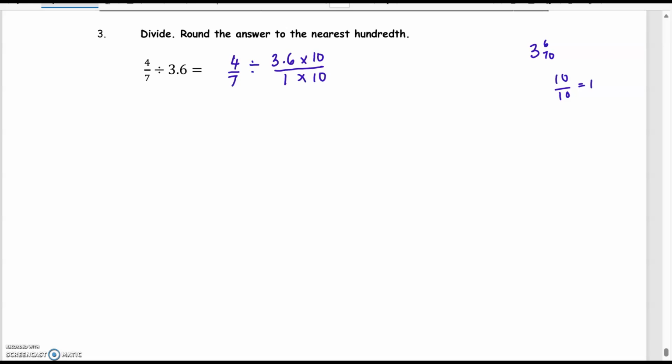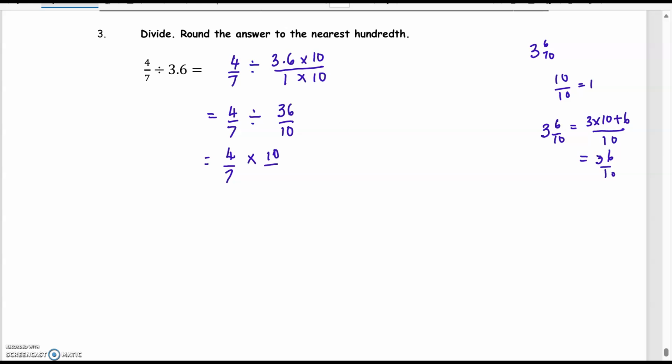Okay, so what do we get? We have 4/7 divided by 36 over 10. Now, if we had done it the other way, 3 and 6/10 would be 3 times 10 plus 6, the whole divided by 10, which is 36/10. Same thing. Either way, now that we've changed it to a fraction, we can change division to multiplication